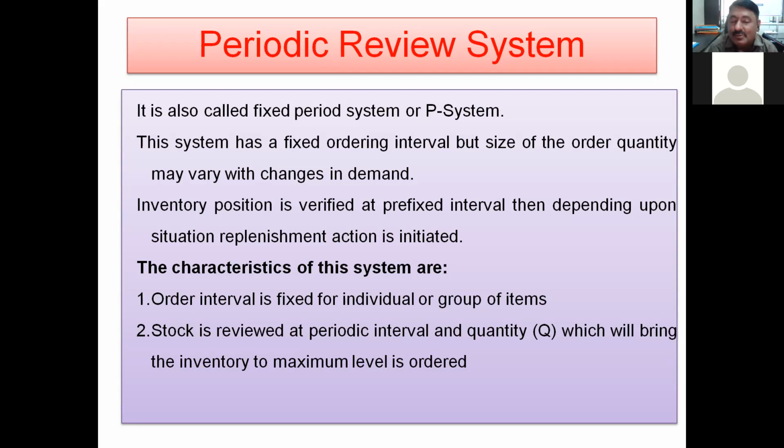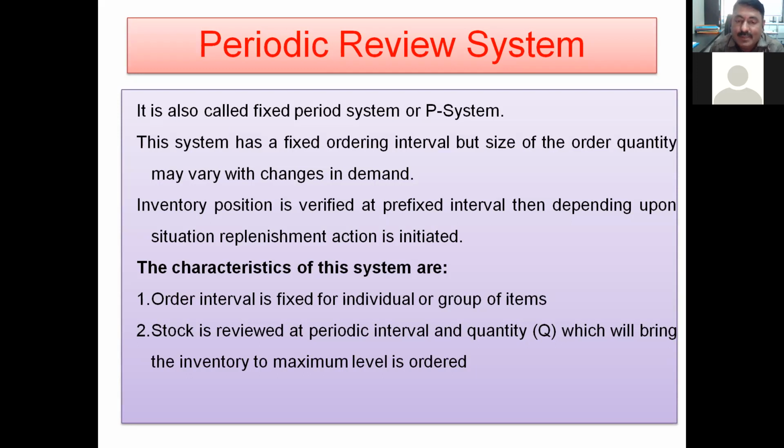After every 2 months, we will place the order. The stock is reviewed at the periodic interval. After every 2 months, the stock will be reviewed, and depending upon the case, a quantity Q, which will bring the inventory to the maximum level, is ordered. So our standardized maximum quantity is, for example, 1000, and after 1 month we take the review, and at that time we come to know that for single point or carbide tip tools, the quantity should be a maximum of 1000 tips, and now consumption is 500, so the latest demand is